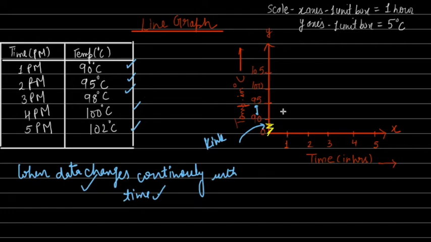So the first, 1 p.m., is 90 degrees Celsius, so I will plot a dot here. Then at 2 p.m. it is 95, so I can write it here. At 3 p.m. it is 98, somewhere here. At 4 p.m. it is exactly 100 degrees Celsius, so here. Then at 5 p.m. it is again increasing, at 102 degrees Celsius. So if I want to plot a line here,